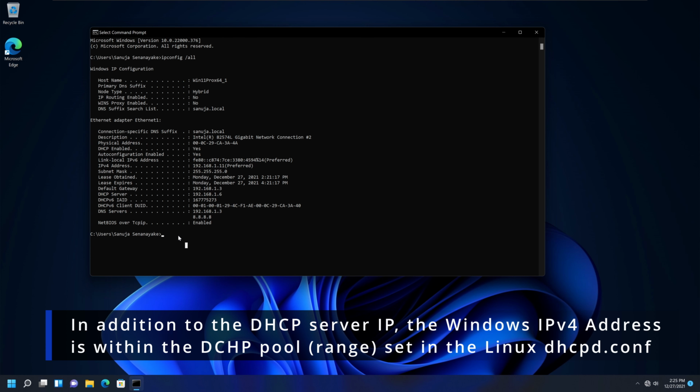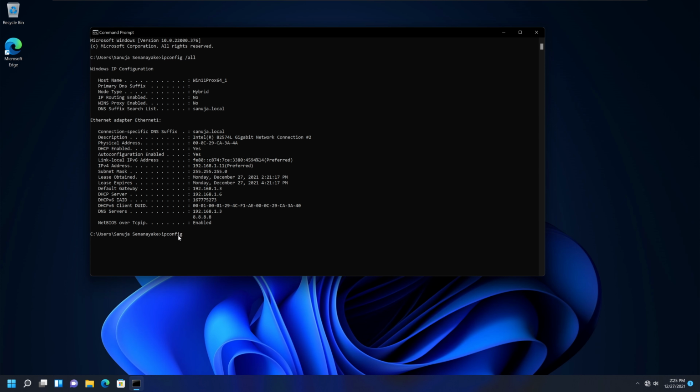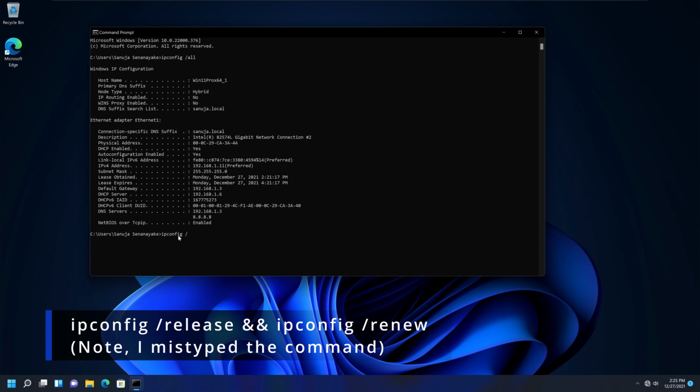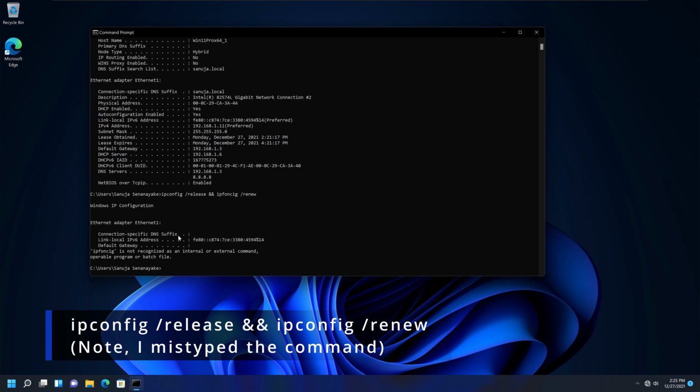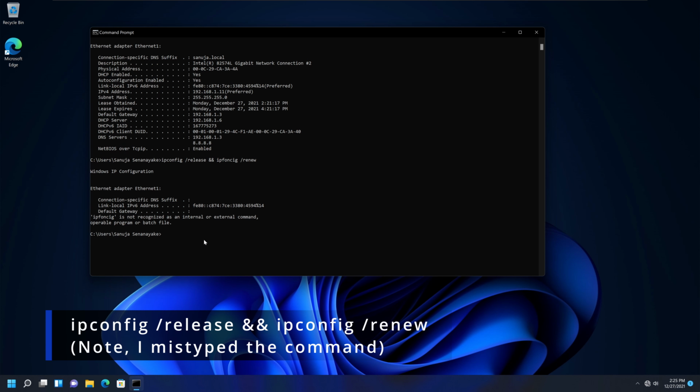You can also test this with ipconfig /release, and then ipconfig /renew and press enter. What it's going to do is renew the IP lease from our DHCP server. Now if we go ipconfig /all,